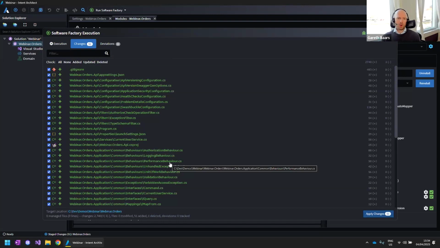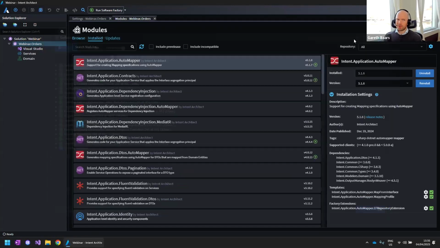And so this is part of our core philosophy, and one of the core principles we follow with Intent Architect is that everything should always be transparent for the developer. And so we have this staging for the developer to decide whether they are happy to bring these changes directly into this code base. And so we never have this, surprise, your code base got changed and you're trying to figure out what just happened there in the background. If the developer is not happy with these changes, they can shut the software factory down.